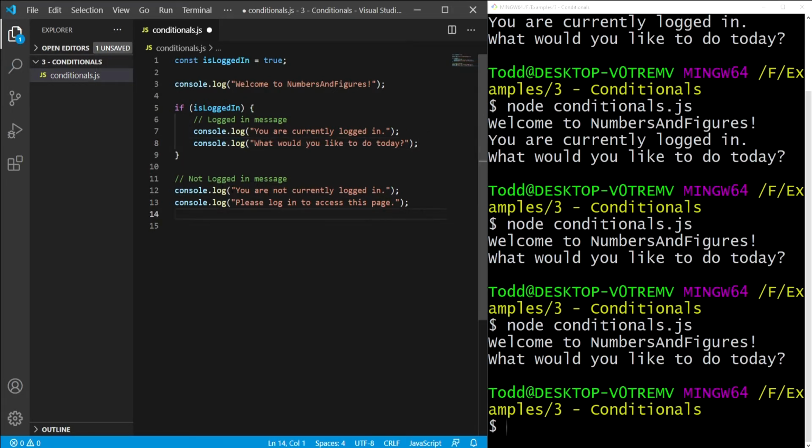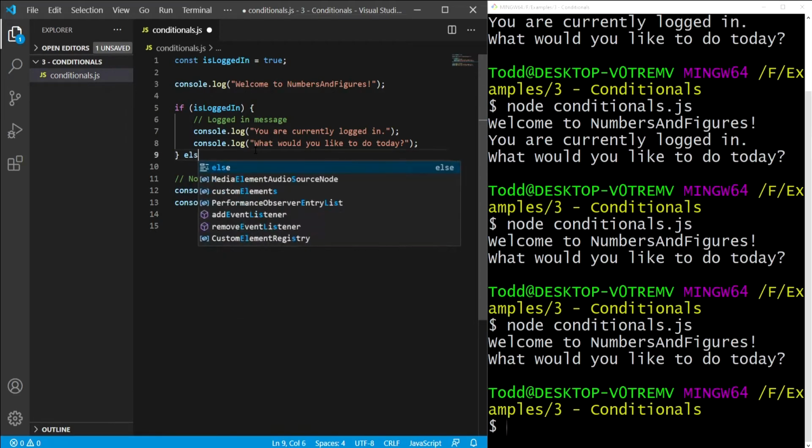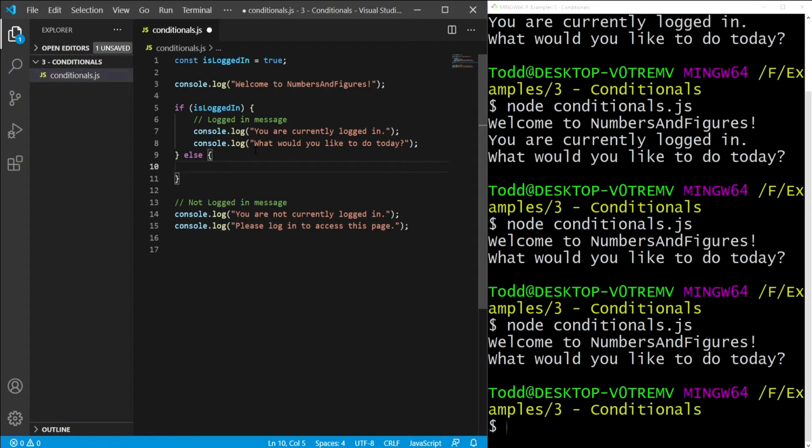And if we're not logged in, we want to show you're not currently logged in. Please log in to access this page. Well, we have this if statement here that says if is logged in equals true. Then we run this. And then what we can do is come down here and say else and open and close braces. And if we put this code in here,